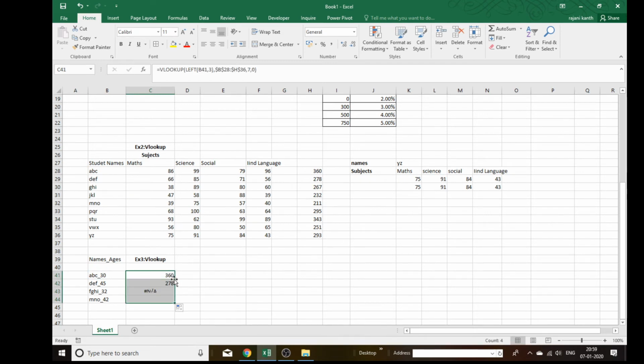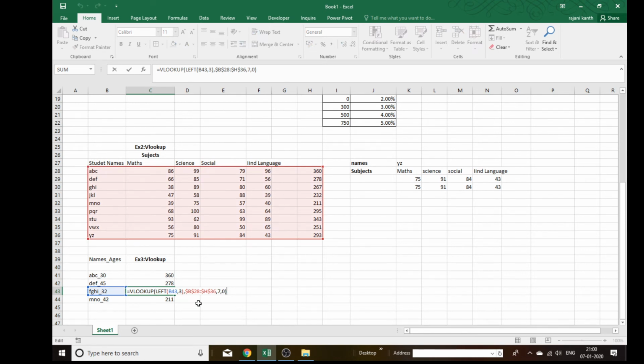Why is it saying an error? Everything is correct.